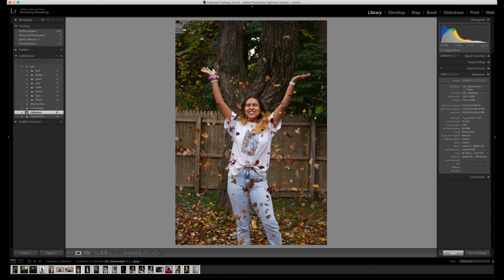Your settings all look good here. The background is a bit distracting, right? So we have this really loose and open expression happening as she's throwing the leaves up, but then we have a tree directly behind her and then a fence behind that. So we're kind of stopping the motion right behind her. And then as we move even further back, we're fenced in, which is the opposite of what you're communicating with